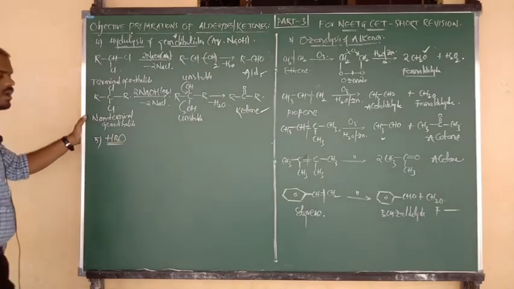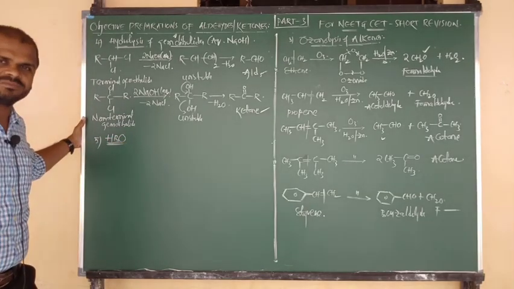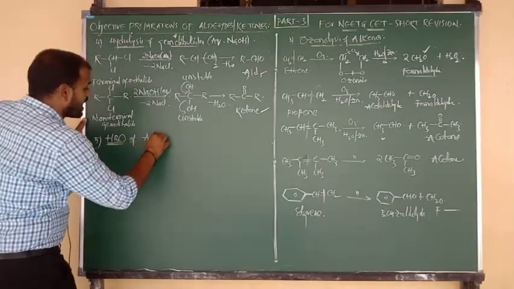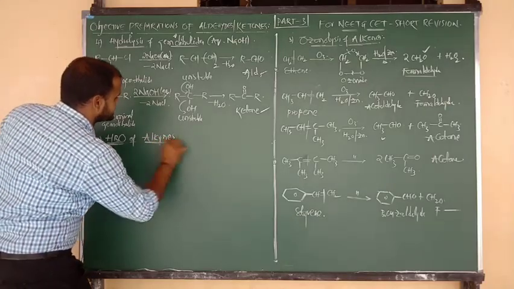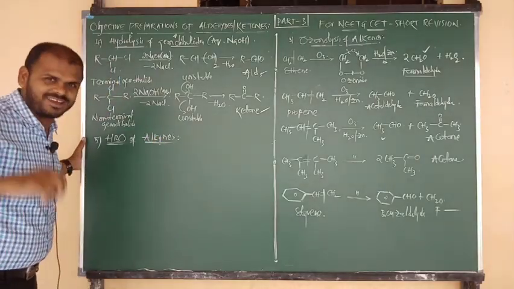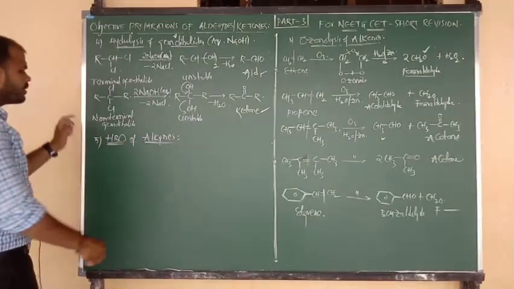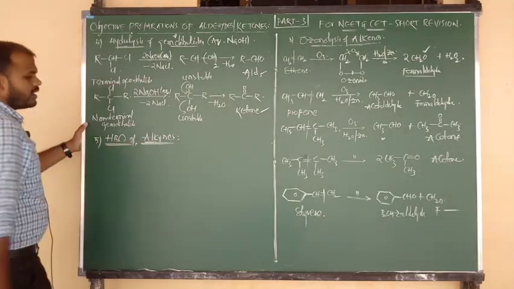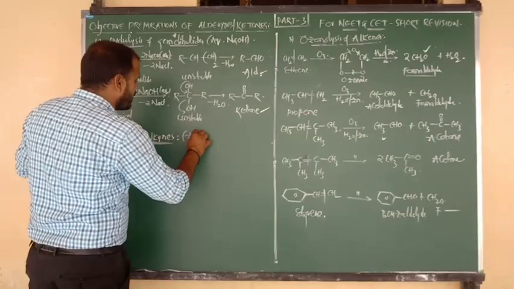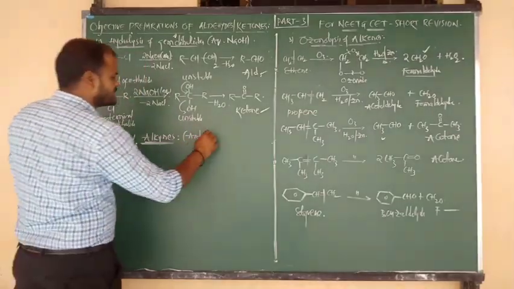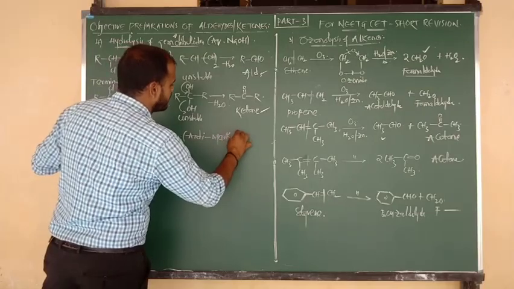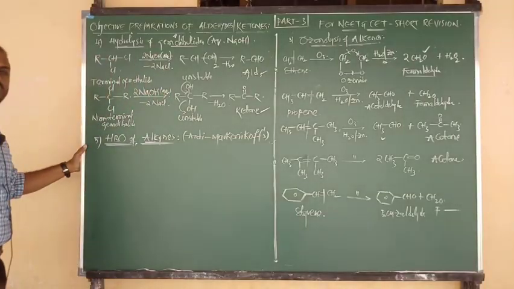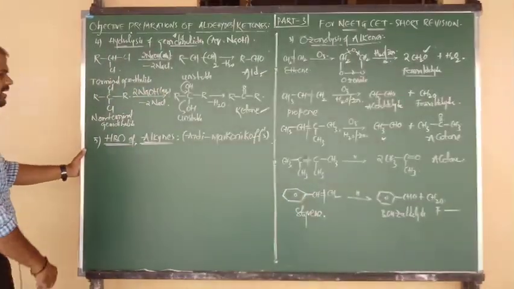The next point, the fifth method, is HBO. What do you mean by HBO? Hydroboration oxidation reaction. You know we have studied this in the second year also. Hydroboration oxidation of alkynes. I am not saying alkenes, since alkenes give alcohols and ethers. Here it is about alkynes. It always follows the anti-Markovnikov rule. As per the anti-Markovnikov rule, we do the addition of a water molecule. Yes or no? Good.